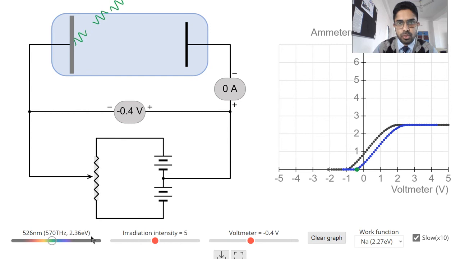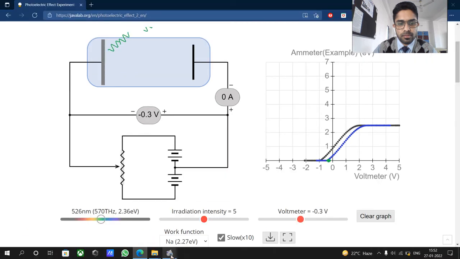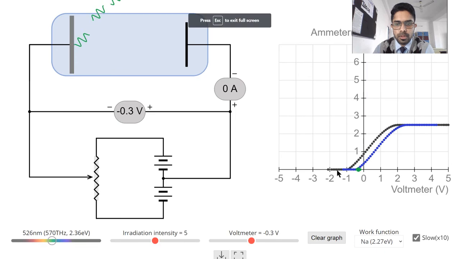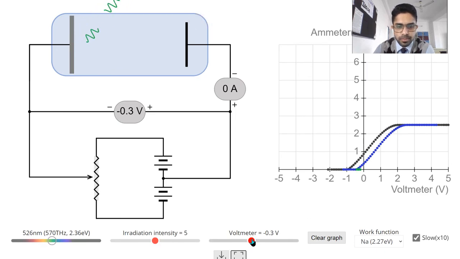Now the energy is 2.36 electron volt. Now if we change the voltmeter reading,